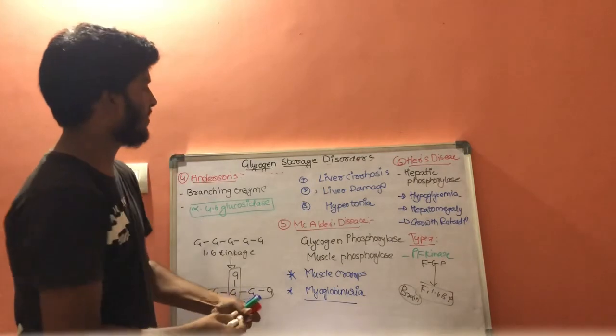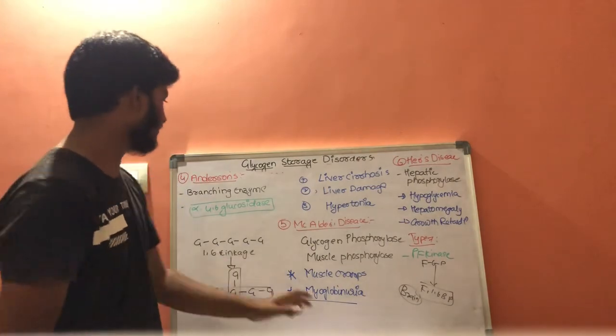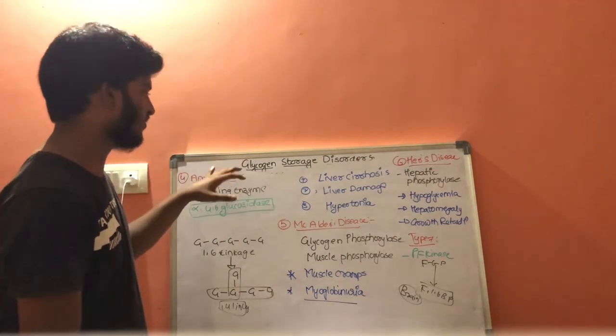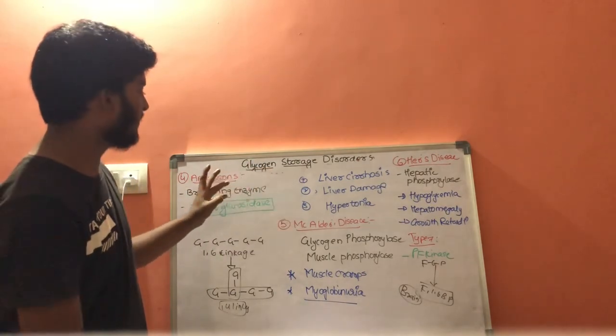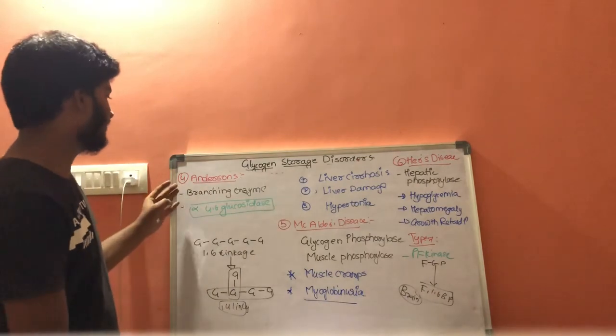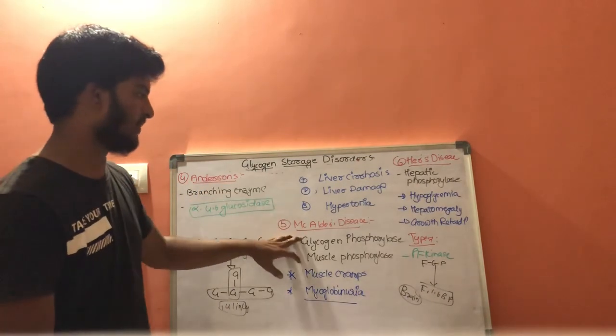And this is about glycogen storage disorders. The first one is Von Gierke's disease, which includes type 1A and type 1B, the second one is Pompe disease, the third one is Cori's disease, the fourth one is Andersen's disease, the fifth one is McArdle's disease,